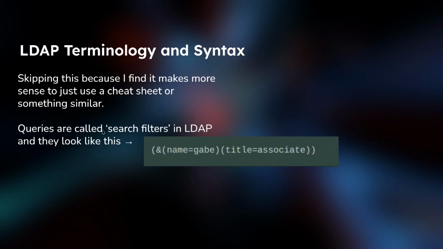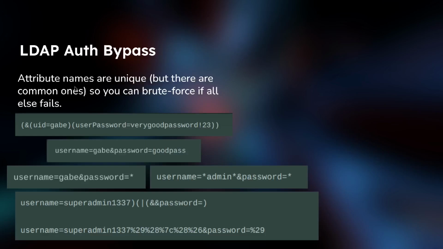So queries in LDAP are called search filters, and they look like this typically. You search for some attribute that equals some value, some attribute equals some value. And that's basically most of the syntax we've got to understand. Here's a few more examples, right? Keep in mind, attribute names are unique. There's some common ones. You can brute force them if all else is failing, which we'll look at in an